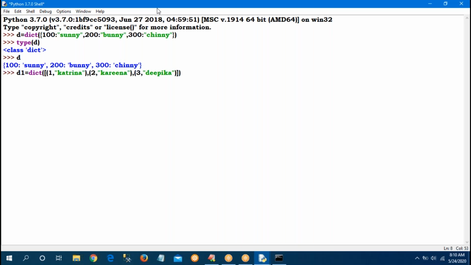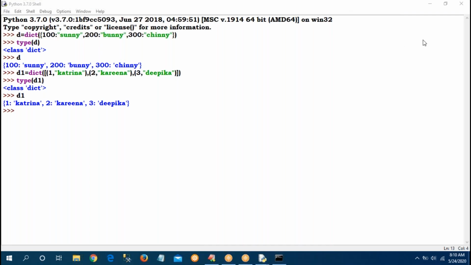So observe, list of tuples. It is also dictionary only. Type of D1. See, 1 Katrina, 2 Karina, 3 Deepika came.